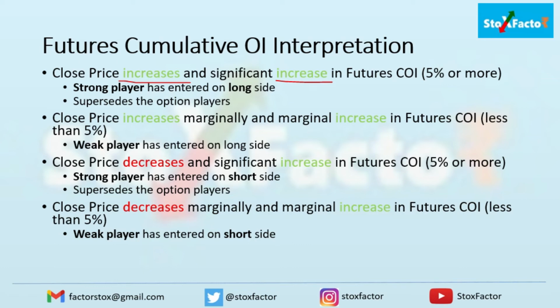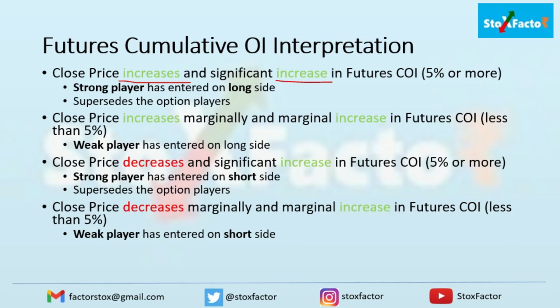So that's why when you see that a strong player has entered a particular stock making future positions, you will see significant activity in the option chain. Lots of calls or lots of puts will get unwound depending on whether the position is on the long side or short side. Because the future player has now entered, the option players, if they are different from the future player, will be wiped out and will try to cover their positions. They will try to wind up their positions because they understand that a strong player has entered and they need to move out of that particular stock.